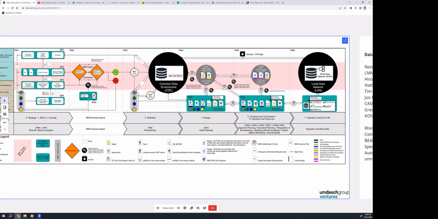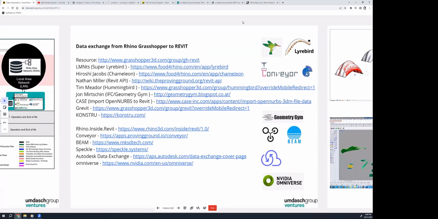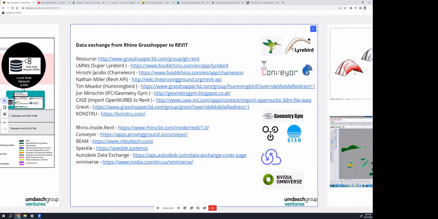Previously, there were many intermediate Grasshopper plugins that offered Rhino metadata for use in BIM authoring software, particularly for Revit. Revit is one of the, let's say, most widely distributed BIM authoring software at the moment. And as you can see, all those references in the past were good workflows, but